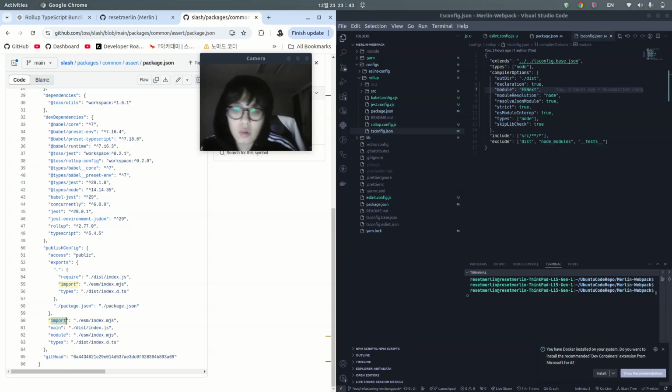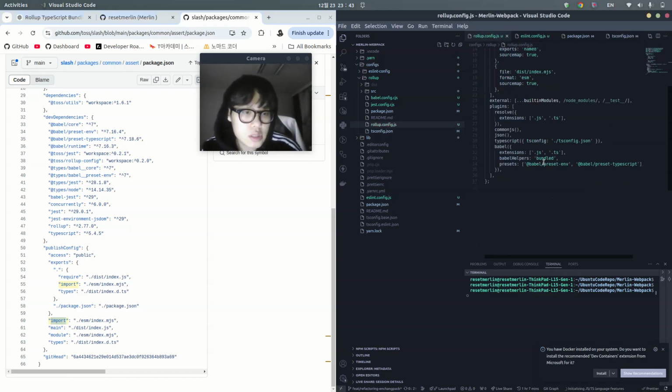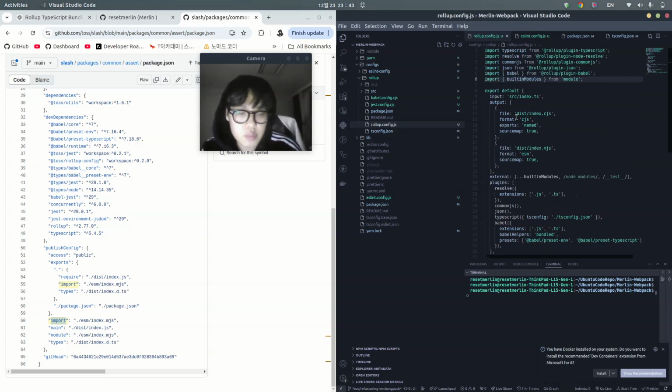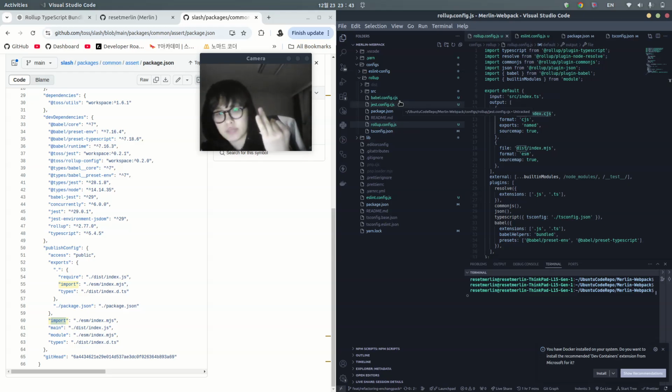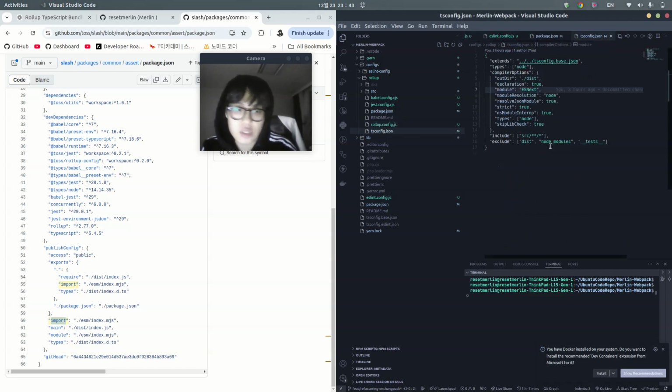So rather than this, I just focus on putting all the CJS and MJS in the one dist folder. And that's really simple, because I really don't have to care about tsconfig.build.json and tsconfig.esm.json. Why would I make this kind of file? I just need only tsconfig.json. So